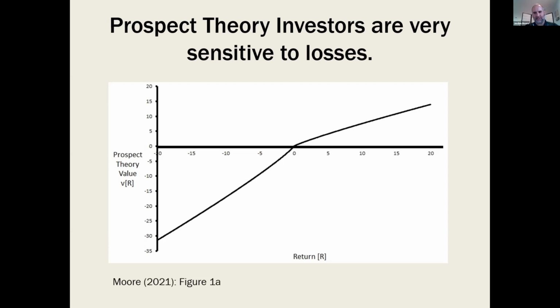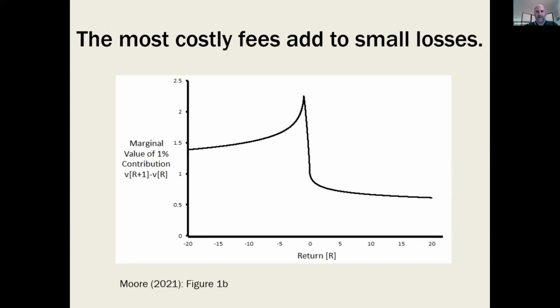But one thing I've done is I've taken this picture and asked, what are the implications of this in terms of what you might call marginal gains? And I think this is sort of interesting. This is basically the first derivative of the prospect theory value function. It says, how much more happy are investors if you get 1 extra percent on your account, depending on how the account's doing before that. And so what you can see is, since investors really hate losses, added performance that wipes out a loss is much more valuable than added performance that increases a gain. And this has big implications, right?